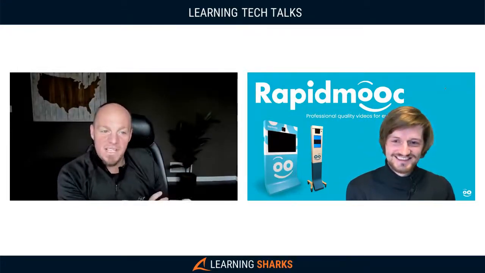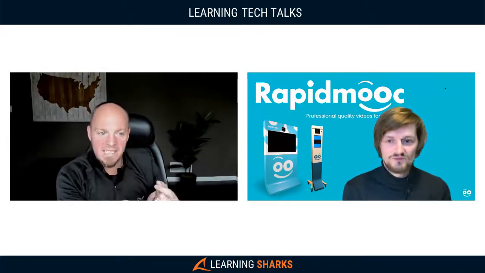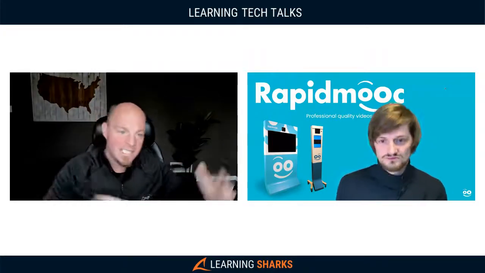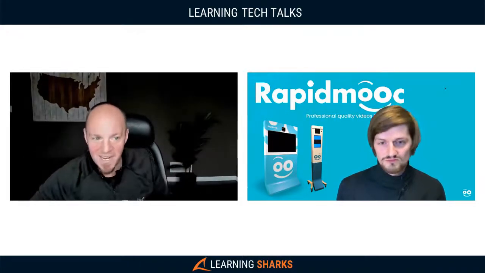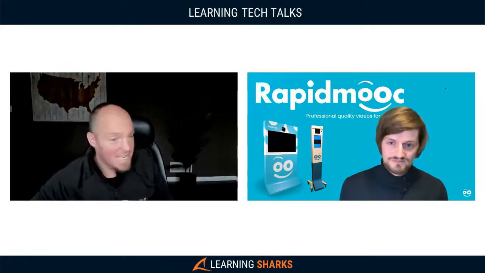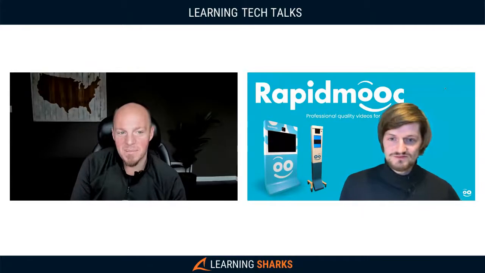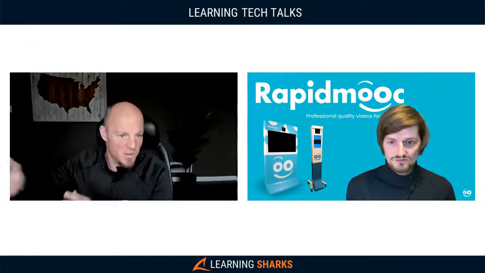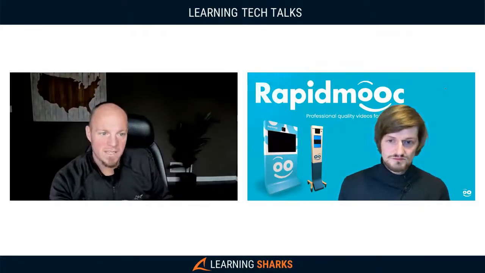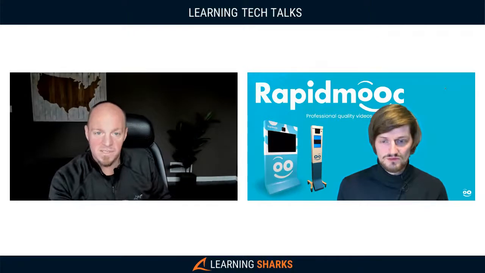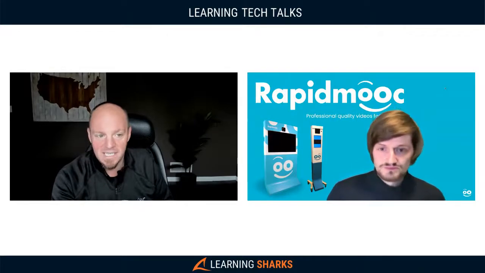But I think the point that you bring up is sometimes we assume that the hardware will solve it, right? Like, oh, let's get the fancy camera, let's get the fancy mic, and then magically we're going to have great content. And it does not work that way. I think you were sharing how sometimes people will come, you have a studio that you lease out, using the equipment too, in addition to the actual hardware. And you can always tell when people come prepared, they know what they're doing, versus just showing up and saying, all right, let's make a video. And it's not quite that simple.